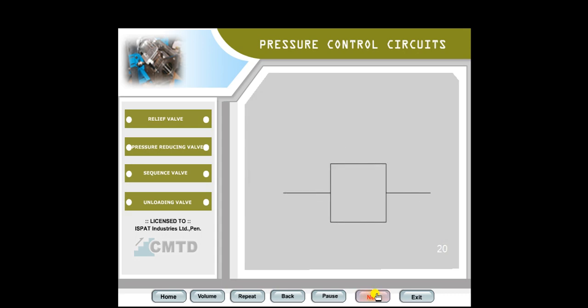There is a spring in the relief valve. This spring tension is adjusted up to the maximum pressure setting of the relief valve. So there is a slant arrow provided which is adjustable in nature.